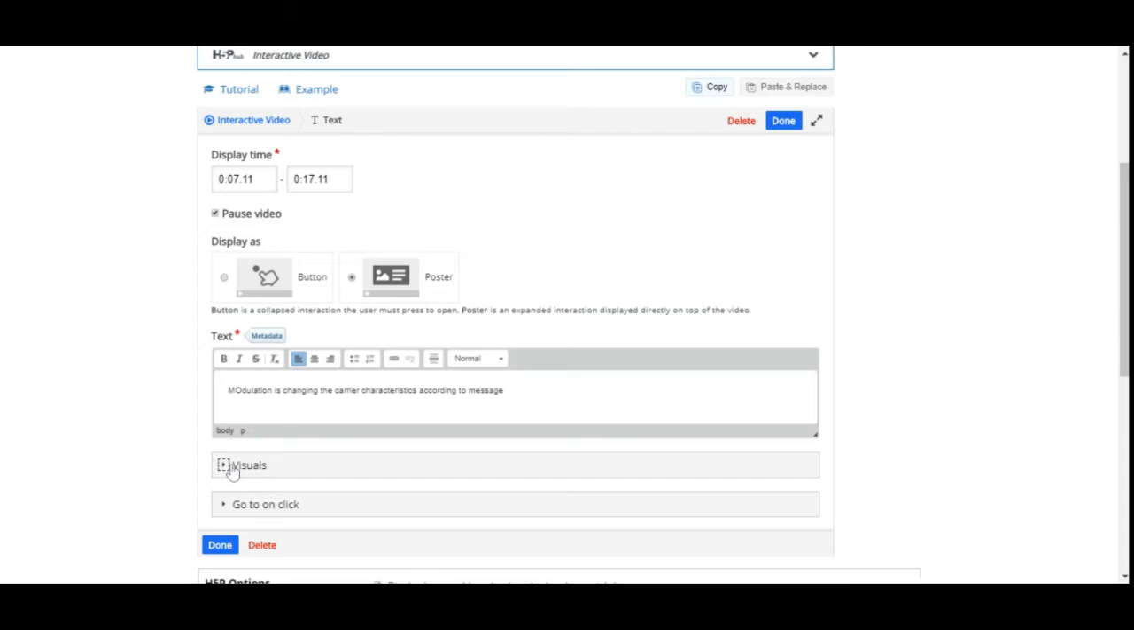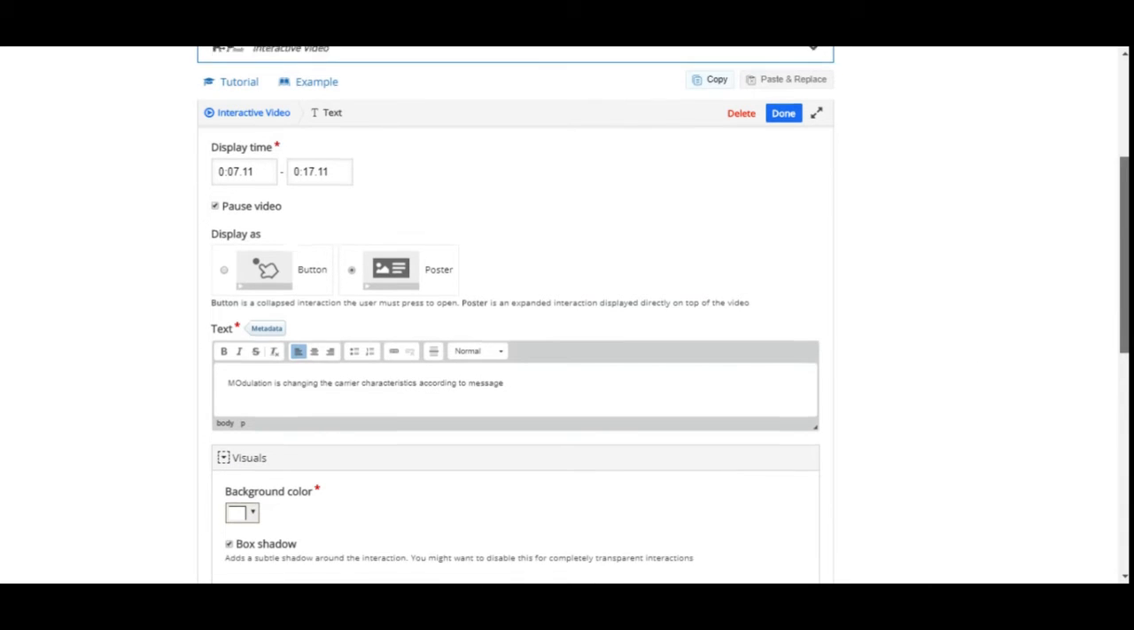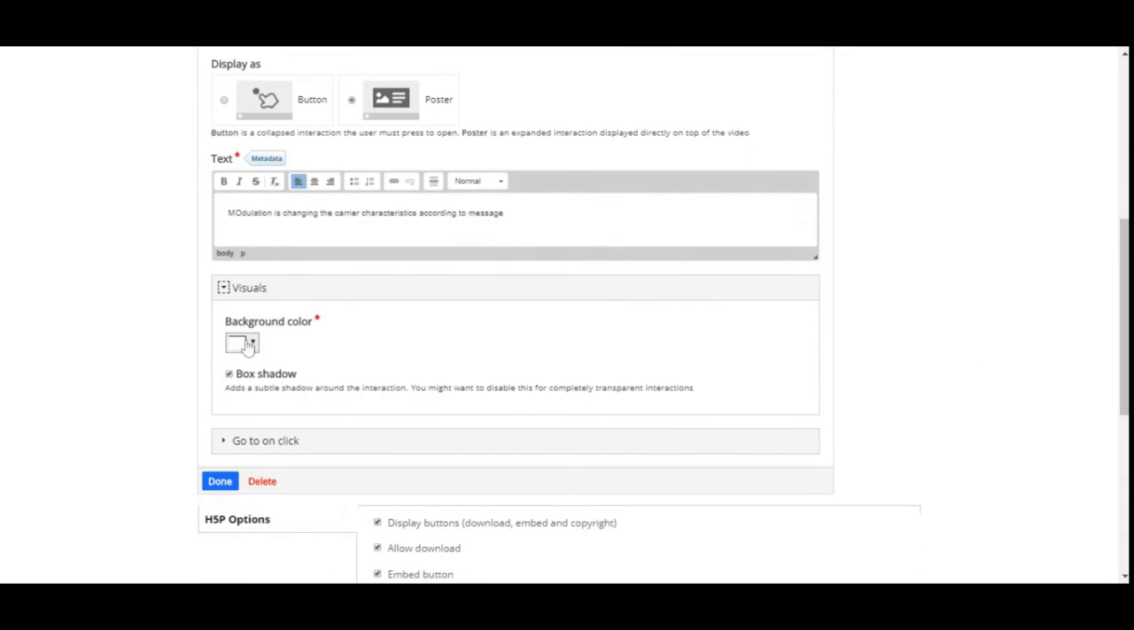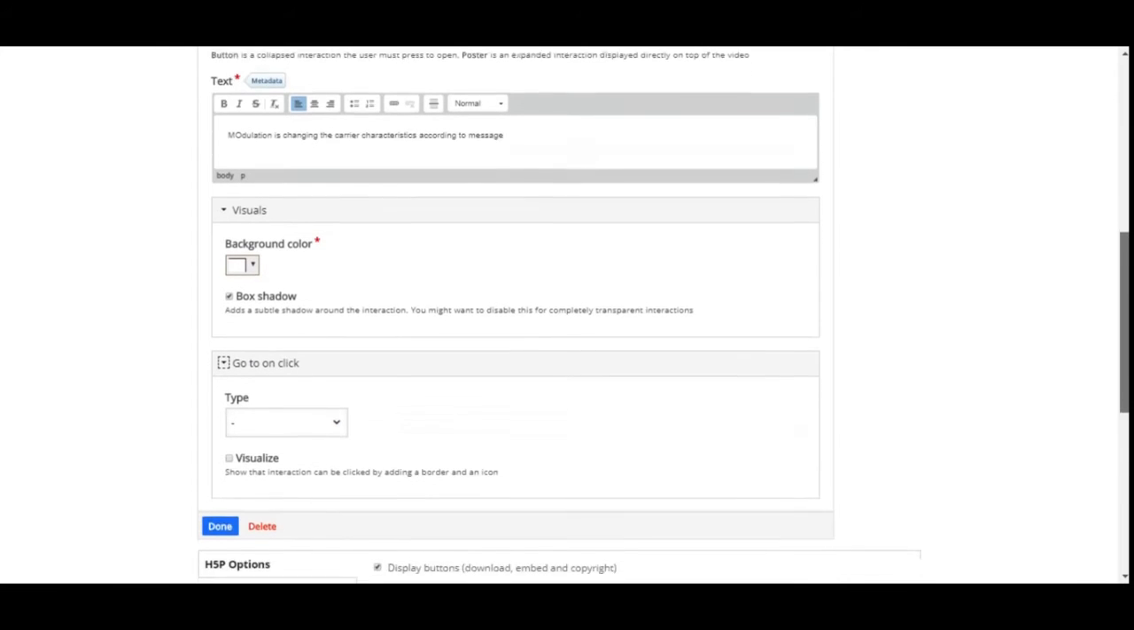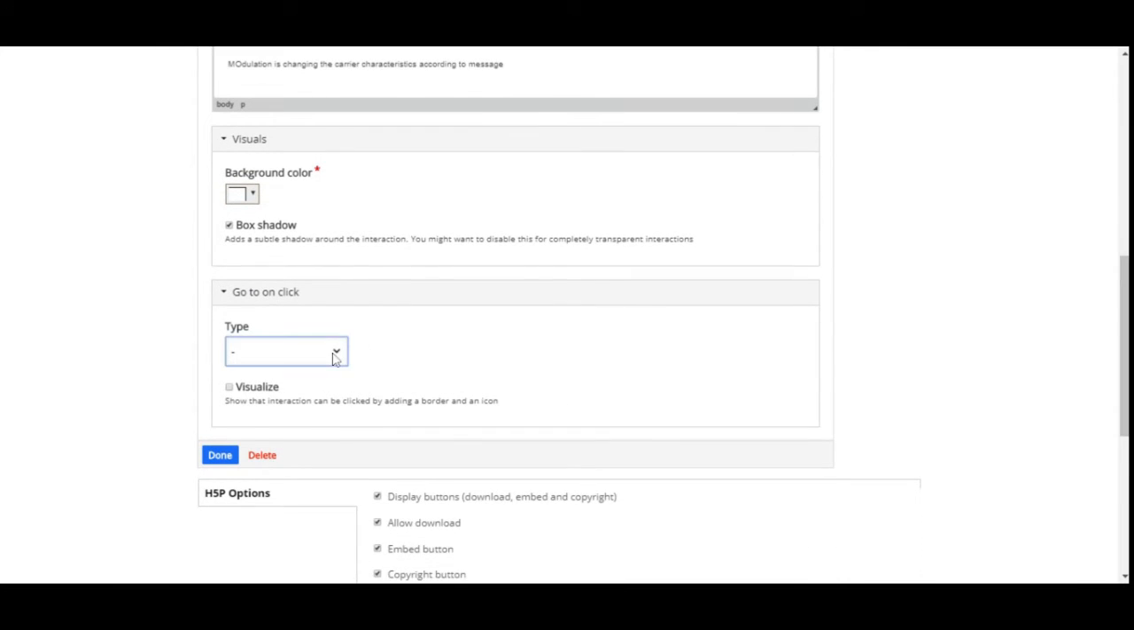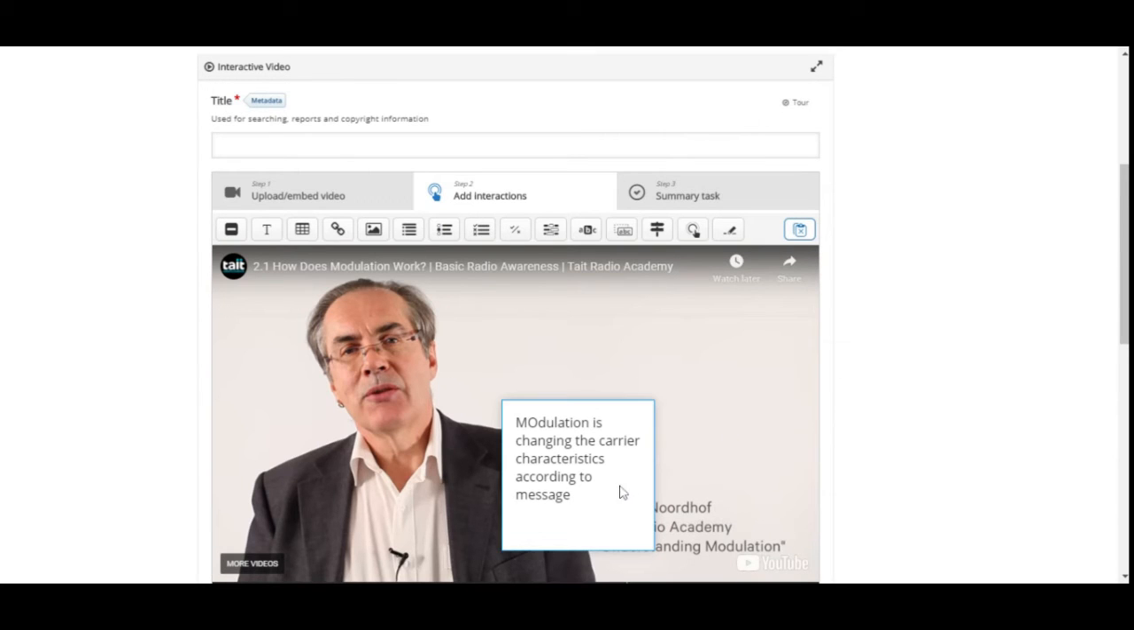So you can even set the visuals if you want to see as a shadow or you want to see it with some other background color. We can even go on click where we can select what is the type, either you want it as a time code or another visual. After these settings are done, click on done and we can see the matter I have typed has come